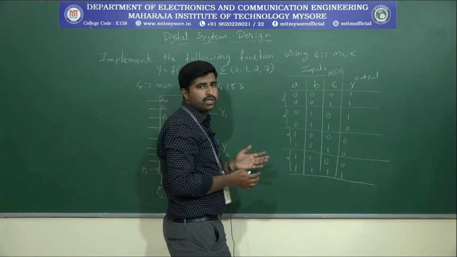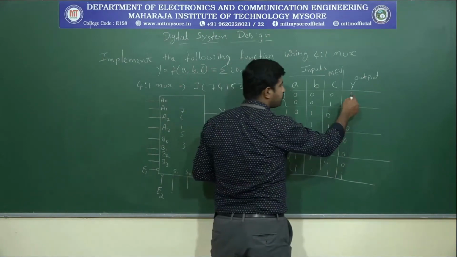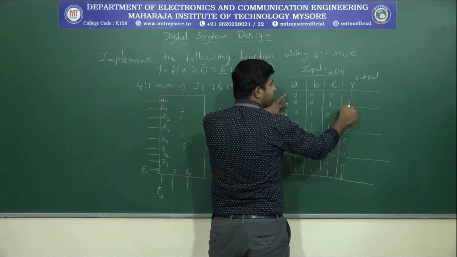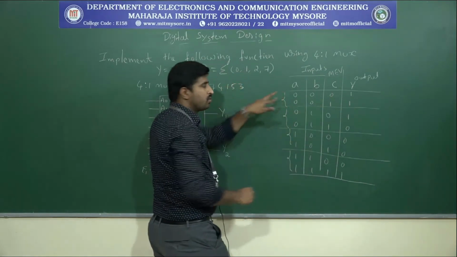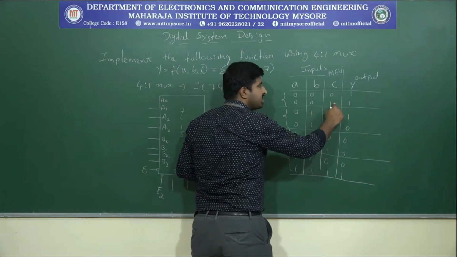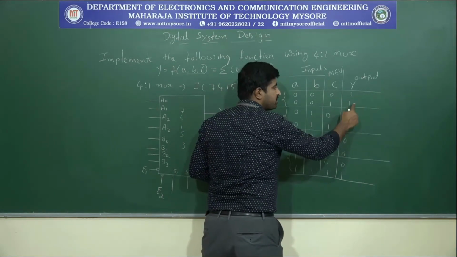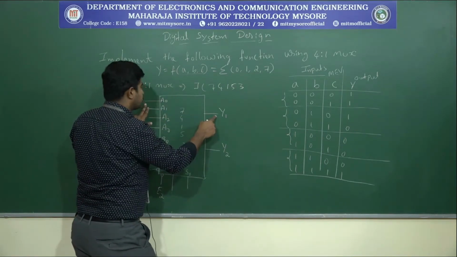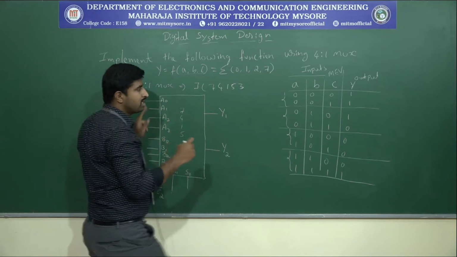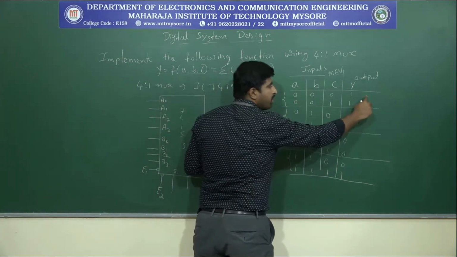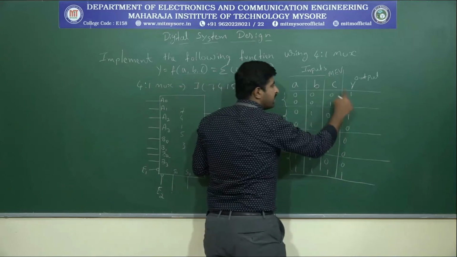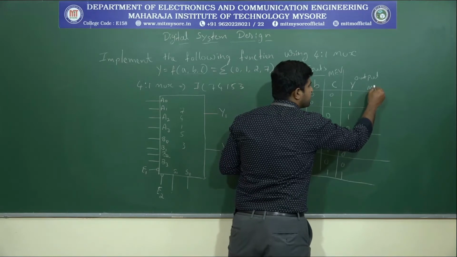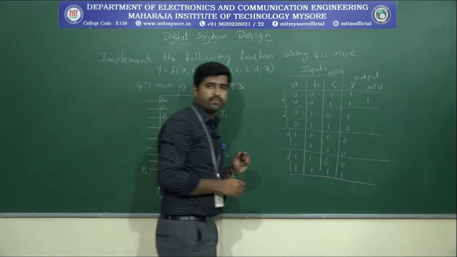Okay. So how are we going to do that? Let's see here actually. See, when the A and B are 0, 0, okay, the output will always be 1, whatever the C may be. So C is 0 or 1. Whatever the changes in C, the output will always be constant. So that means when A and B are 0, 0, A0 will be connected to the Y1. So that means A0 will always be 1. So that in these conditions output will be 1. Okay. So whatever the condition of the C, output will be 1 here. So this will be considered as a map entered variable output.